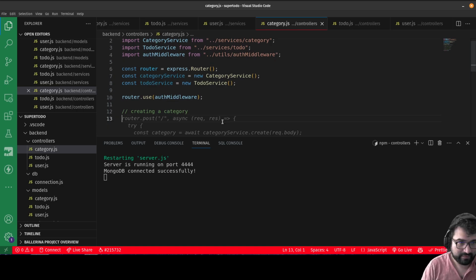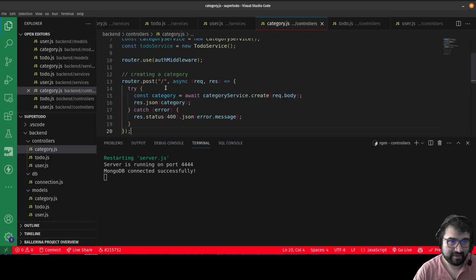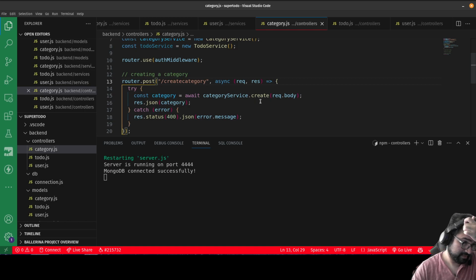In that case, what we're going to do is router.post. Actually, I'd rather give it an actual name: create category. Async request, try, category, req.body. Yeah, that's fine. Good. And the only thing is we have to make sure we add